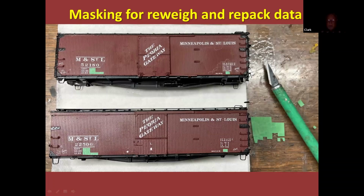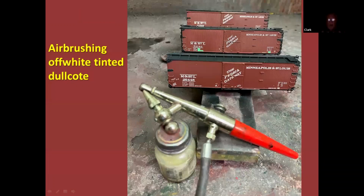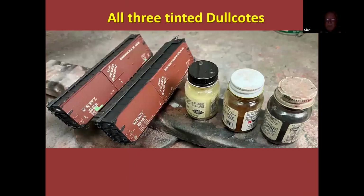So the first thing I did for weathering these cars is I have an off-white, the little bottles of Testors enamel that you get at craft stores and stuff that have been around for a million years. The little square bottles. I bought one of those in off-white, and I added a dab of that to some dull coat that's been mixed 50-50 with lacquer thinner. And then I'll spray that on the car and it'll lighten it up somewhat. I also have two more color tints that I keep of dull coat. One is a brown and one is a...